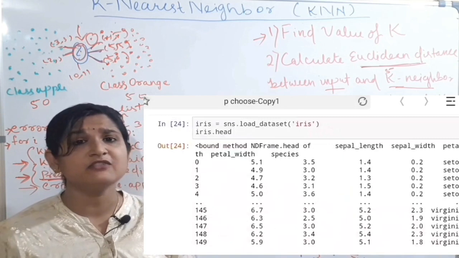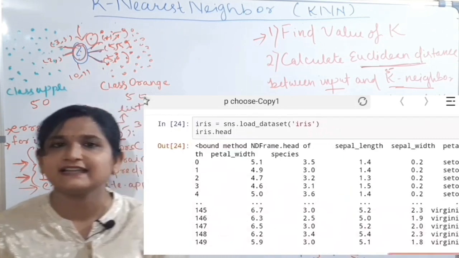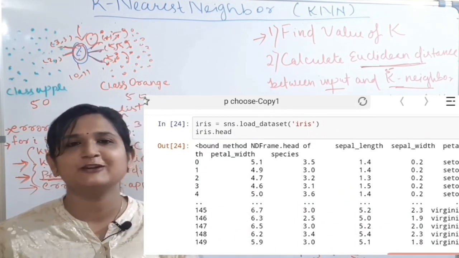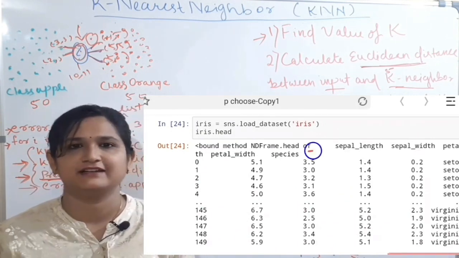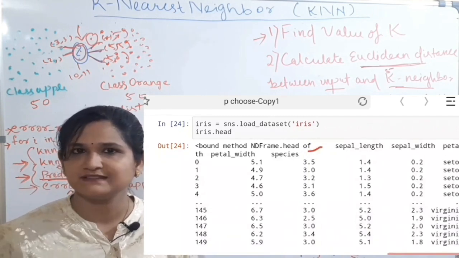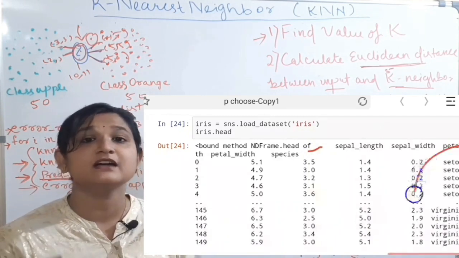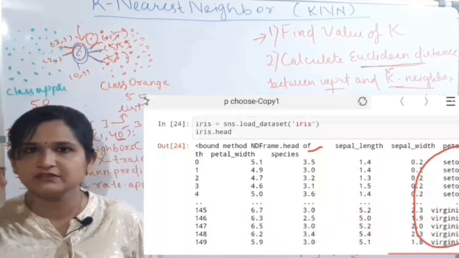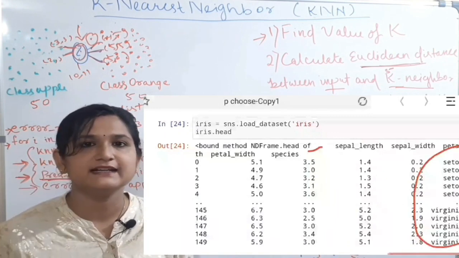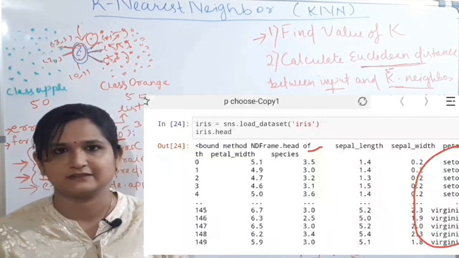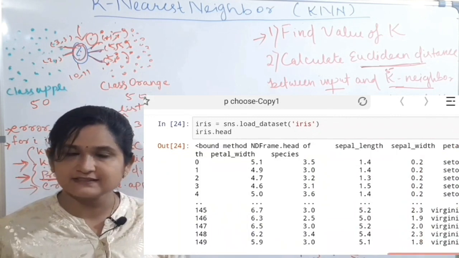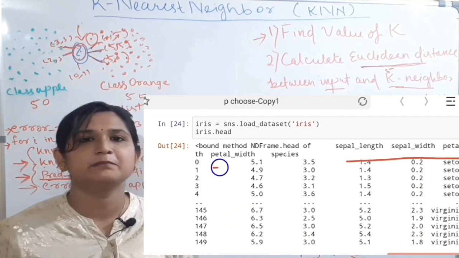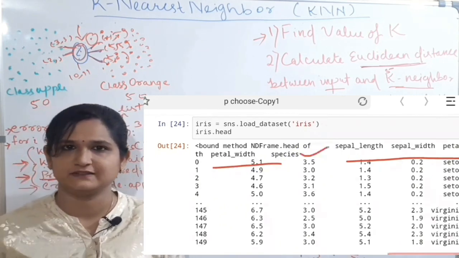And this is the dataset of iris. So basically what is iris? Iris is actually a flower. And what is the task of the algo? The task of the algo is to determine the species of the flower. Iris has 3 types of species, that is setosa, virginica and versicolor. If I input a flower, the algorithm has to decide which species the flower belongs to. So there are 150 flowers and 5 columns, that is petal length, sepal length, petal width, sepal width, and the last column is your species.